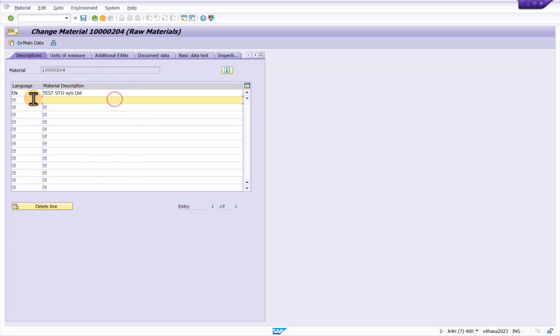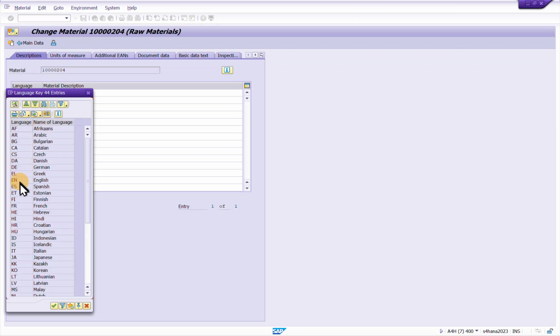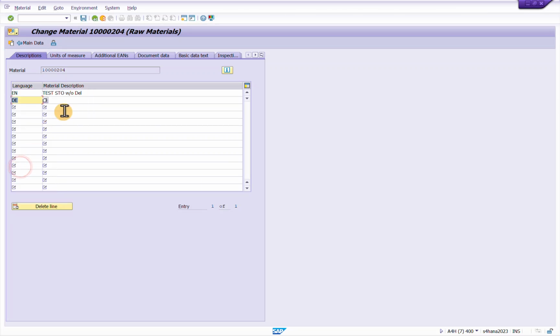Here you will see Additional Data, go into it, and the first tab will be the description. Here you have to maintain whatever language is there. In my case, in my error, it was DE. So I will select D here, that will be German, and give a description in that particular language. I'm not putting it in German anyway, but you can put whatever language is there. Then save this